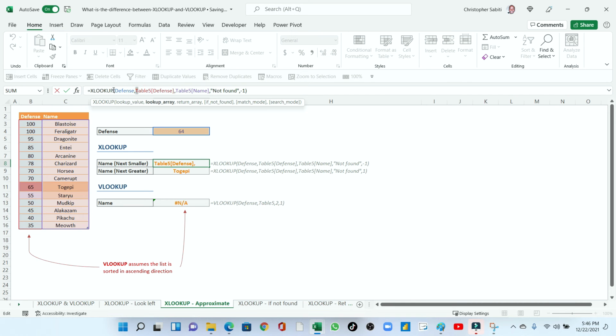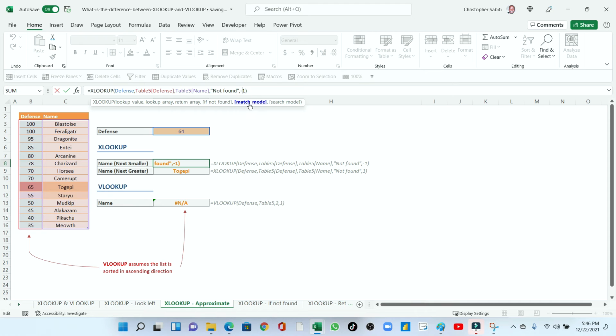We start the syntax. I've already shown you this is the lookup value, and the lookup array. We are looking up from the defense, that is column B. I select that, and the return array, we want to return the name. If it doesn't find it, we put not found.